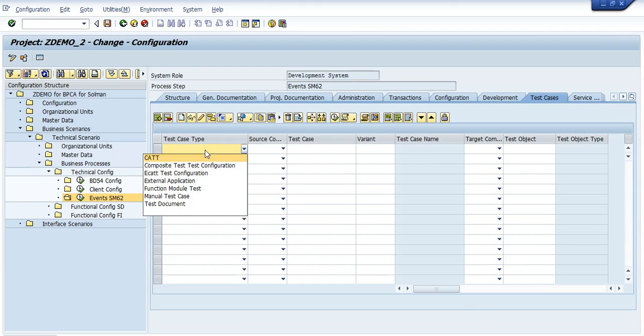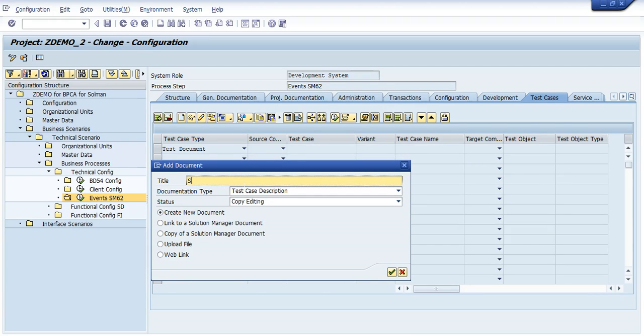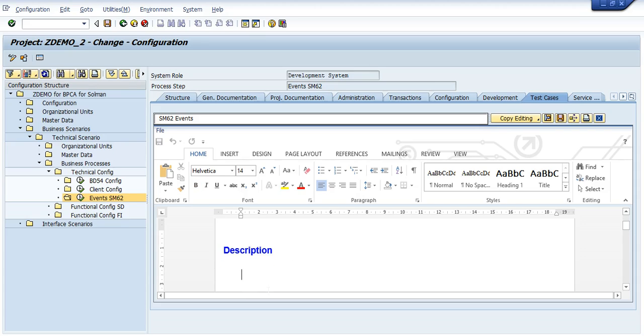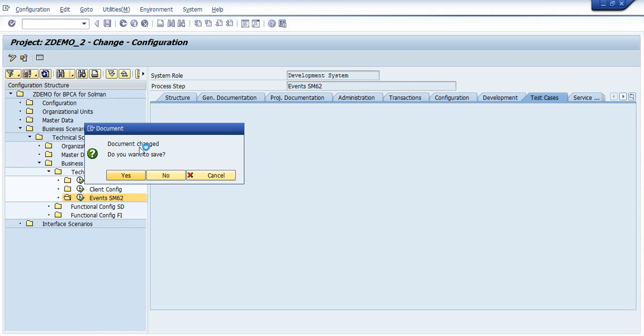And then the next step would be the test document for SM62 technical events. So say yes, create it, and let's just add a description here, SM62 test document. So now I've got my test documents that all my testers can review when they need to do